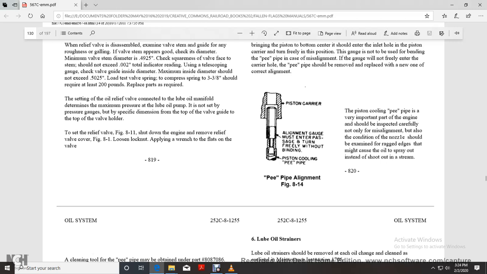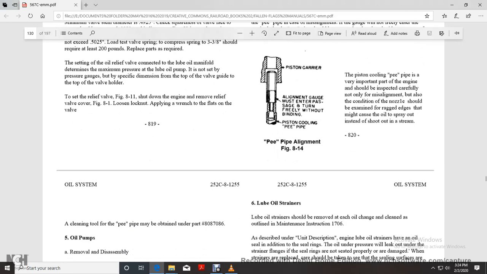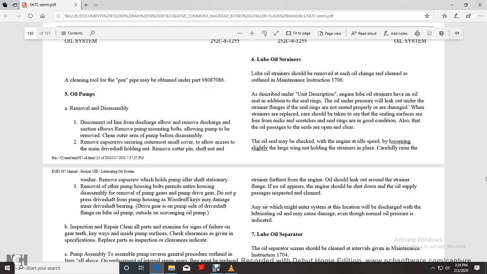The piston carrier passage must be entered freely without binding by the piston cooling P pipe. A cleaning tool for the P pipe might be obtained under the under part